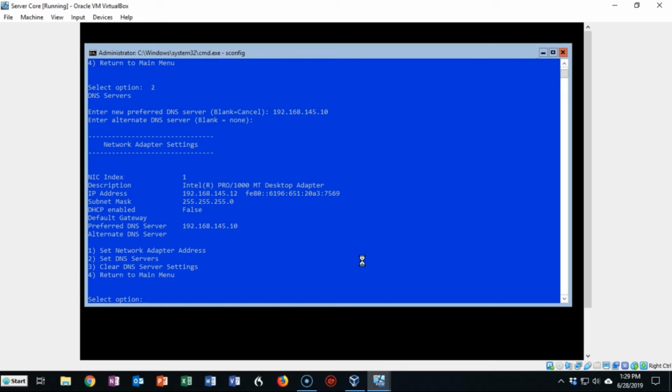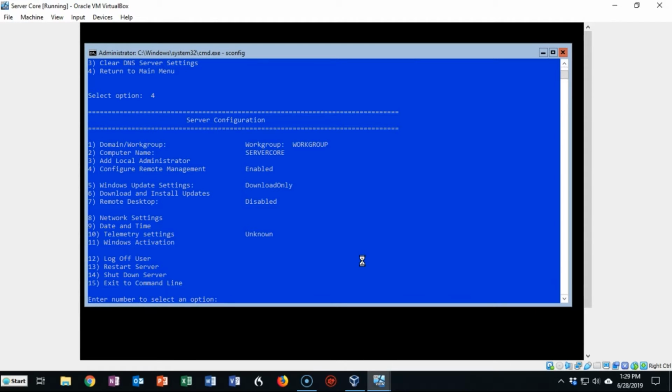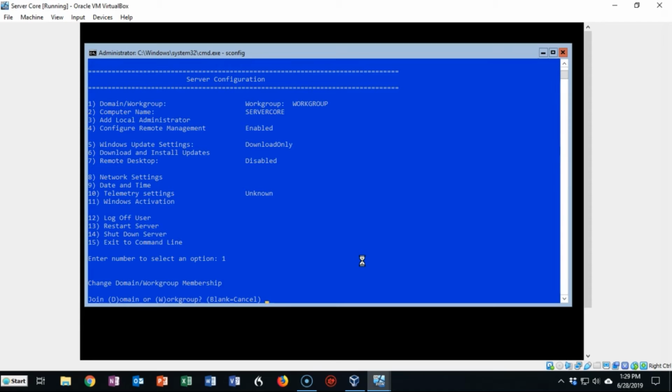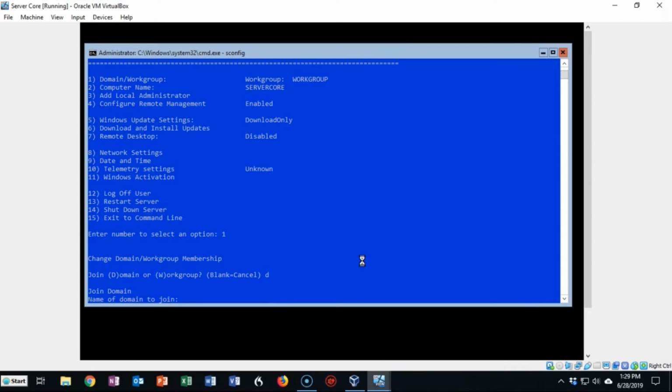So now we can join this machine to the domain. So let's go on back to our menu, and we're going to type in 4 to do that. Now we're currently part of a workgroup, but we want to join a domain. So let's go ahead and configure this machine as a member of a domain by typing in number 1. Join a domain, type in D. The domain I want to join is